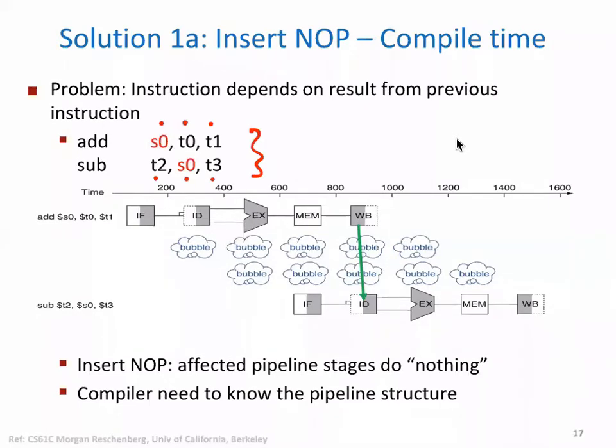Now we know that there is a dependency here. The value of S0 becomes available in the fifth cycle, whereas we are reading it in the second cycle. What is the second cycle? Instruction decode and register fetch, or register read. So we are doing it in the second cycle. It means now we need to insert two NOPs.